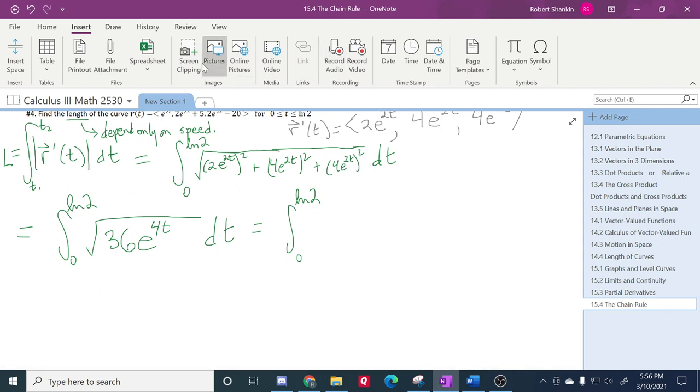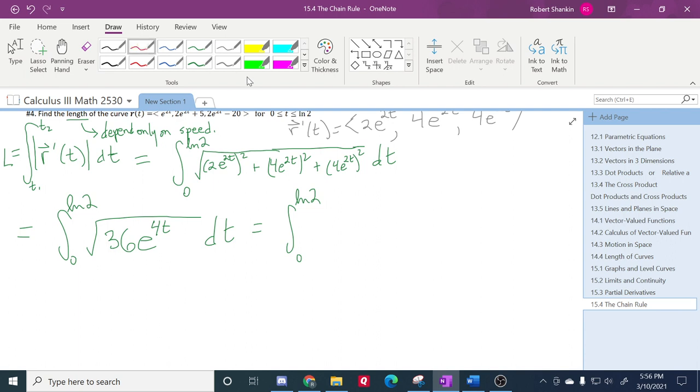So let's do, I'm going to change color, a little aside over here. Suppose I had e to the 8th squared. Oh, it's repeated addition, so no, it wouldn't be. Right. It would just be e to the 16th. That's right. So it would be 2t plus 2t, or multiplied together, you get 4t. That's right. Okay. So then we're going to get 6, and then the square root of this, square root is